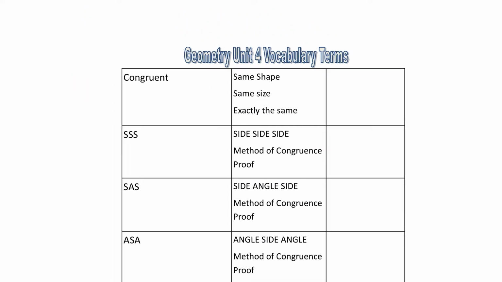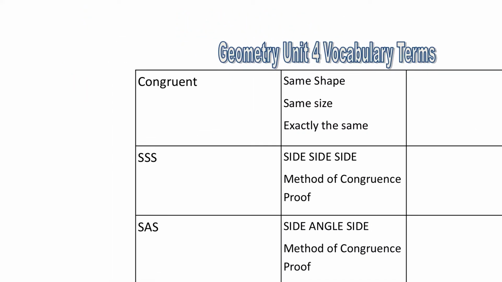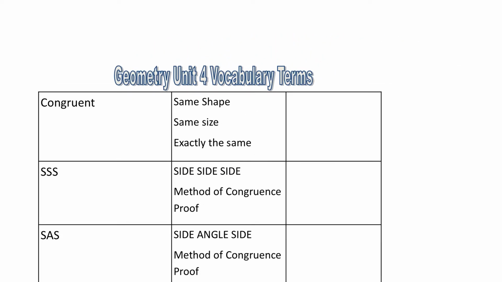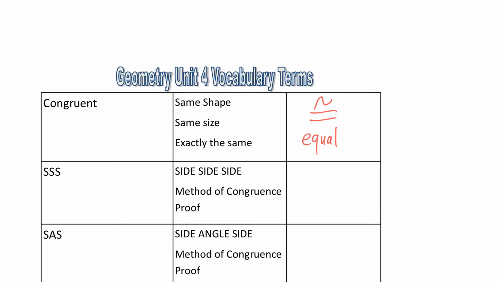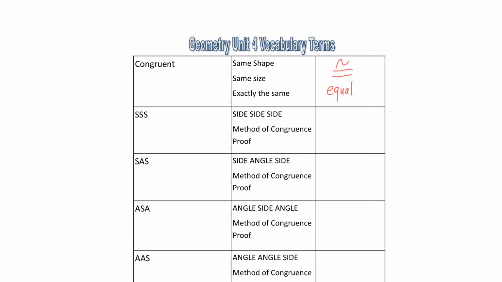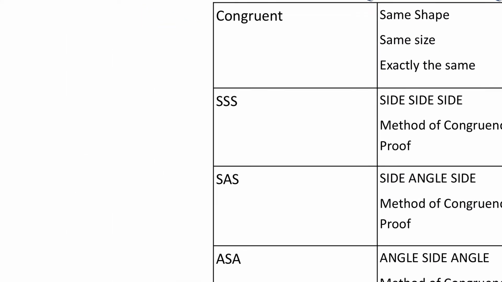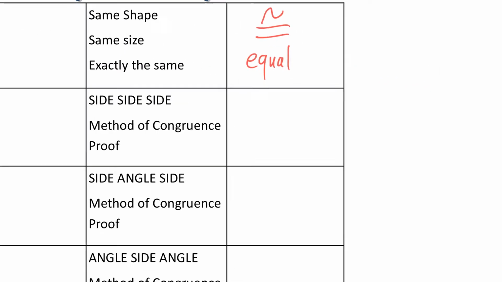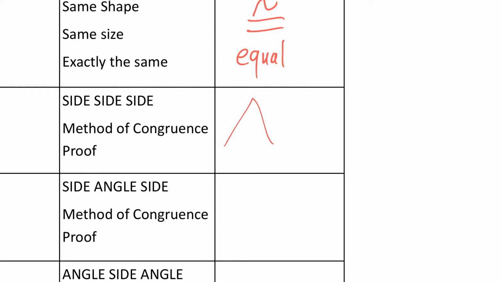Okay, on the back, what does congruent mean? Same shape, same size, exactly the same. It means they're equal. Now, we've got all these different methods of congruence proof. The first one is SSS. What does SSS stand for? Side, side, side. On all the rest of these, basically, we're going to draw